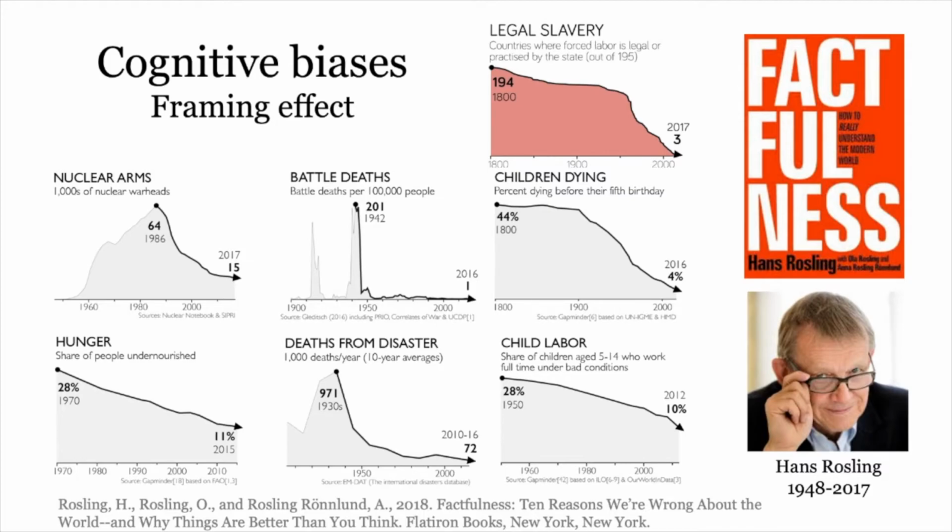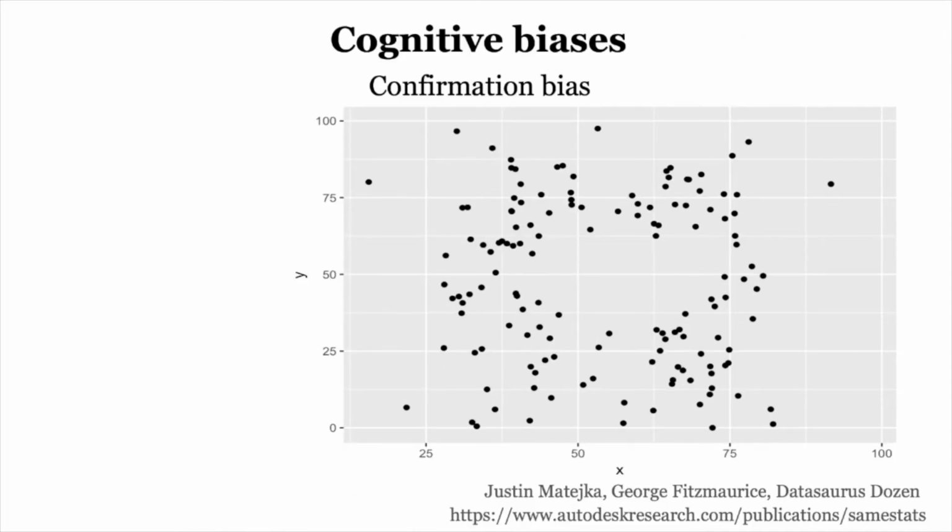There are still children who are doing labor every day. Lots of people die from disasters, but how does it look in comparison to the past? It's important to ask for a second number to get some kind of a frame of reference, right? Instead of framing everything in a certain way, we can frame it so that we get some kind of reference and we can understand the real situation.